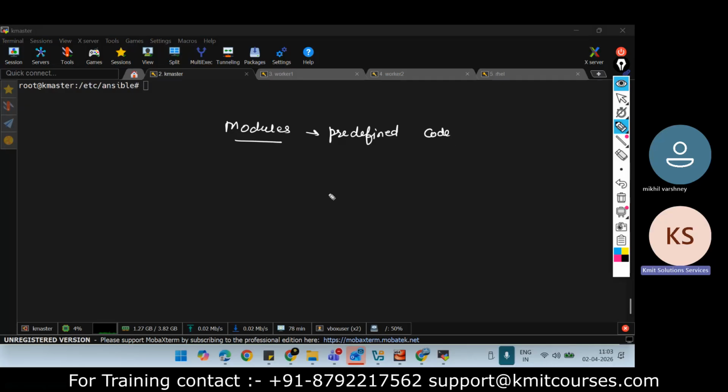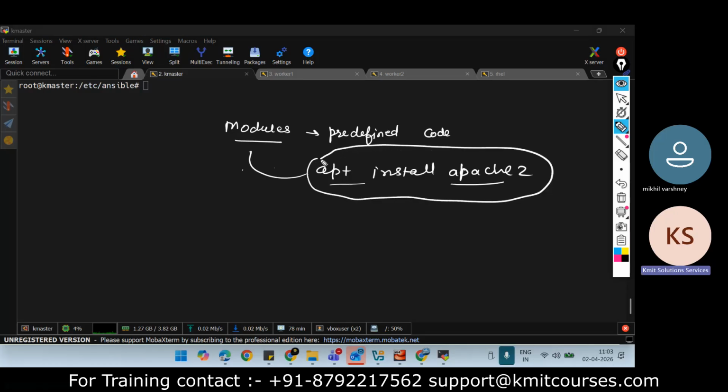So for example, if I want to install Apache, and I use apt install Apache, it will install Apache on worker one. But because I need to manage it from my master node, Ansible has taken this command and put it into a module called apt module.